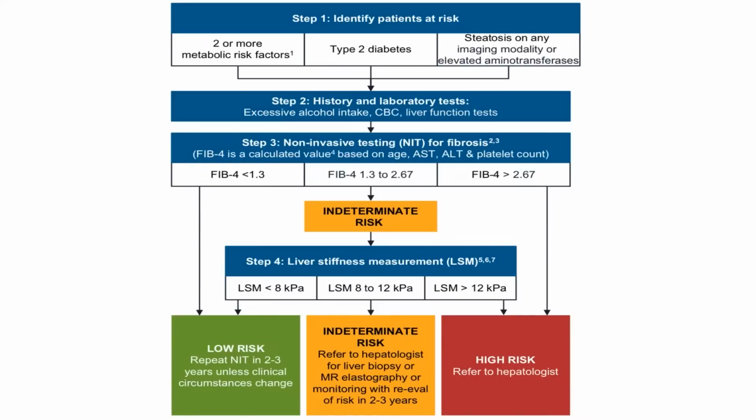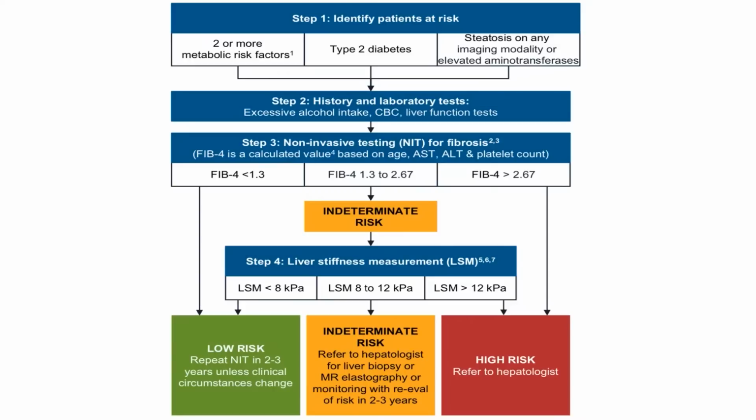So we have now several algorithms that help primary care physicians risk stratify their patients and identify those at risk for having significant disease. This is the AGA algorithm published in 2021. Basically, you take patients at risk for NAFLD, including those with type 2 diabetes, metabolic syndrome, elevated ALT. You rule out excessive alcohol consumption, and then you calculate the FIB-4 index. FIB-4 less than 1.3, as we mentioned earlier, this is low risk. You keep in primary care, and focus on a lifestyle intervention, optimizing the management of metabolic syndrome, and then you repeat the test in 2-3 years.